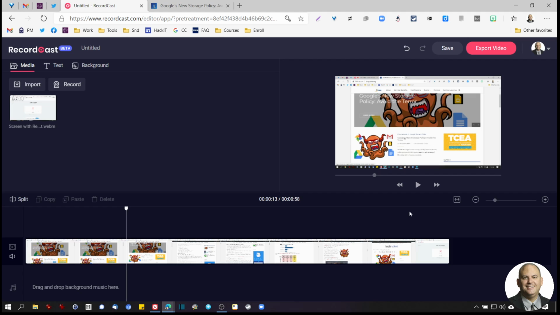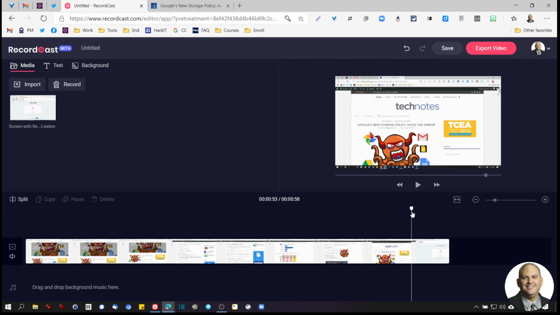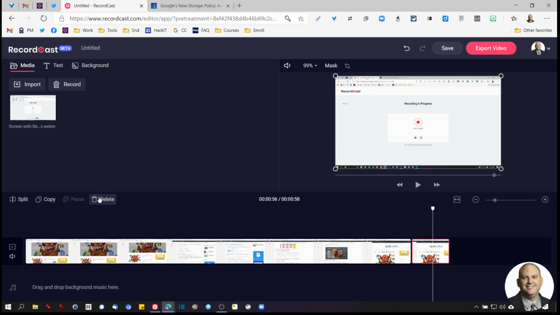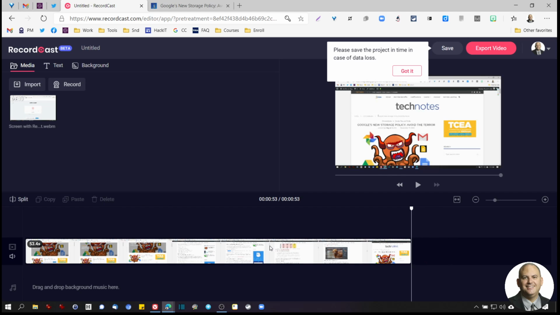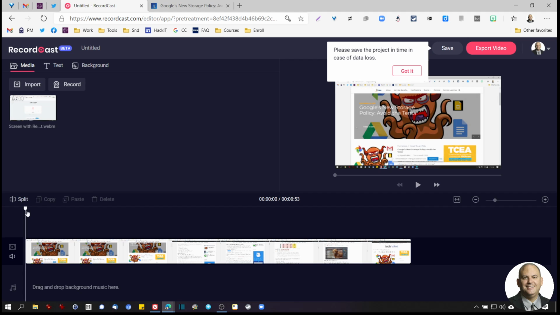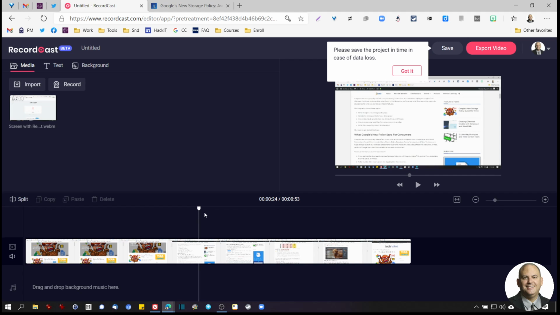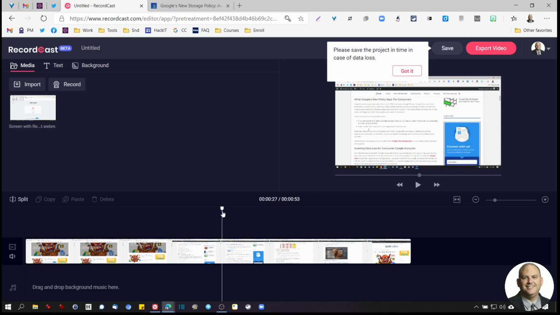I can do the same thing at the end as well. You can see right here, this is around where I stopped, and I don't need the rest of that. So I'm going to split it and then delete the part that I don't need. So this really makes RecordCast a really powerful tool already, because I'm not only able to cut things at the beginning and the end, but if I wanted to, I could come in here and split